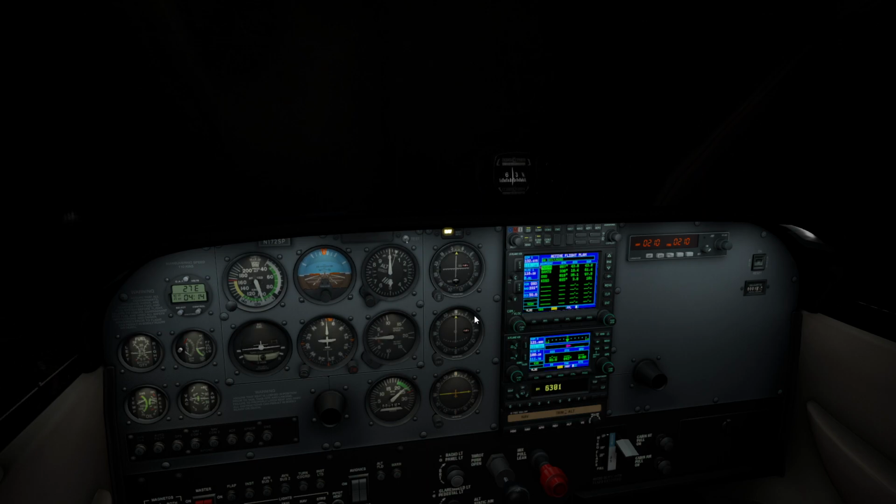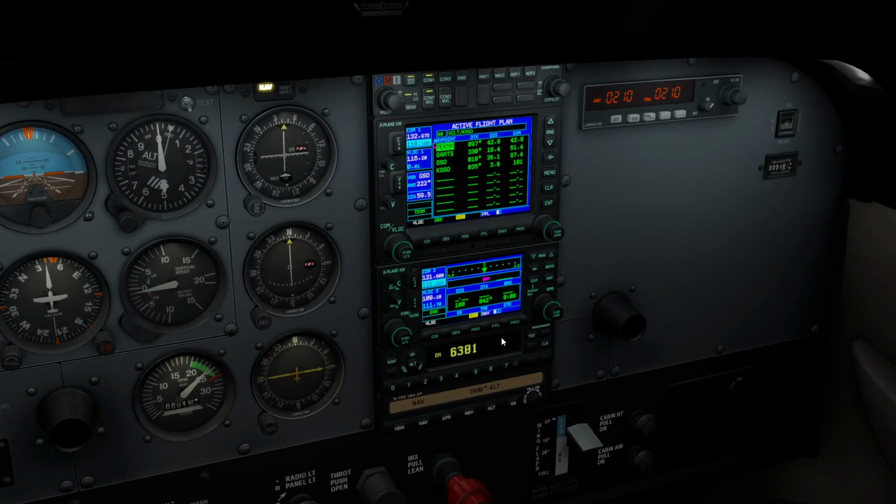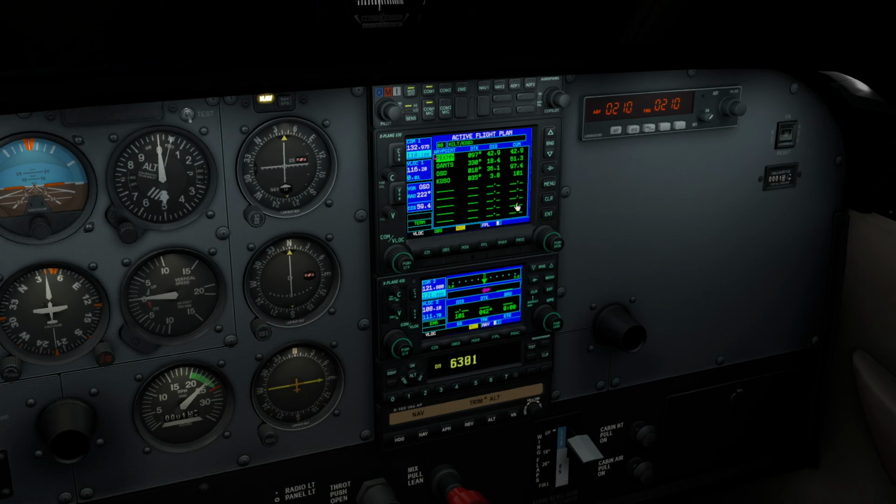Trying to check in, all that was static. I said another 1210 to check. 1210, you're loud and clear. Welcome aboard. 1210, say your 5